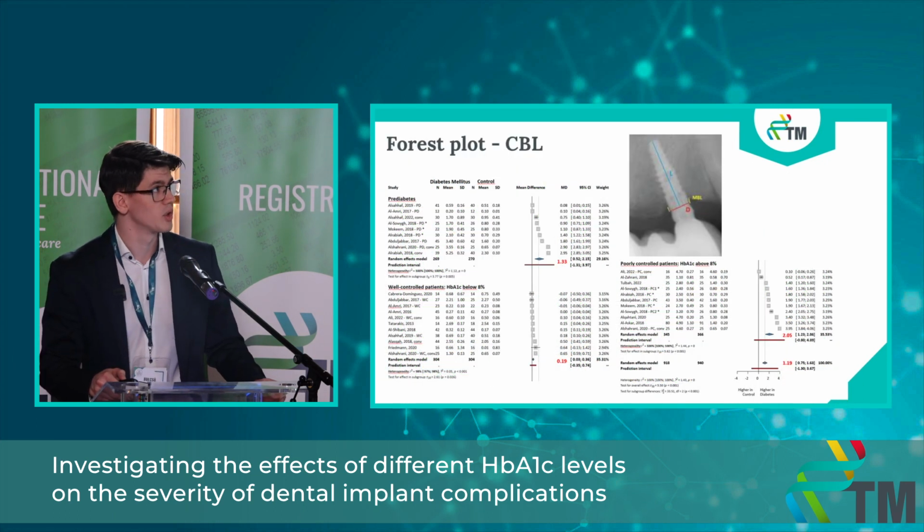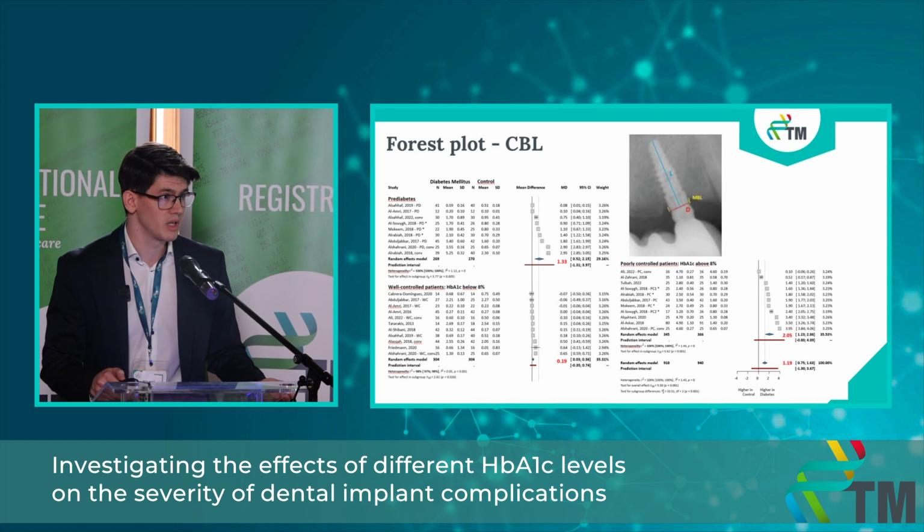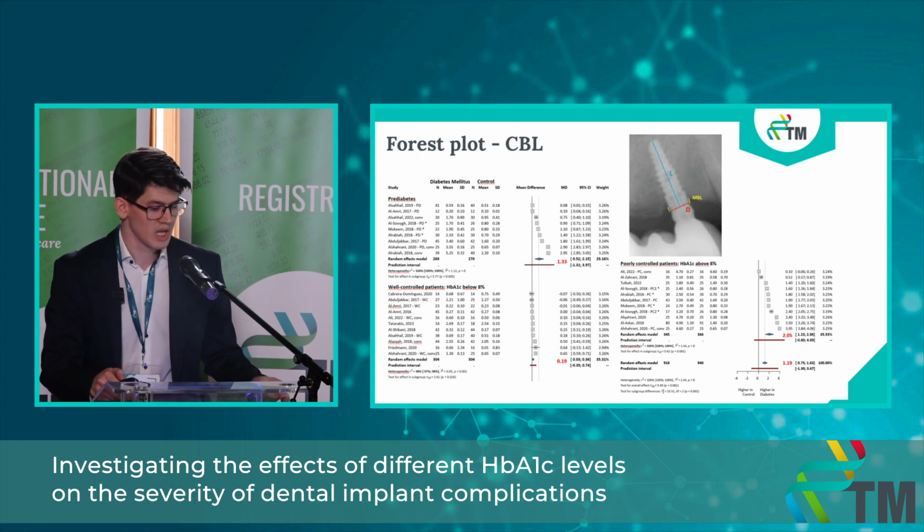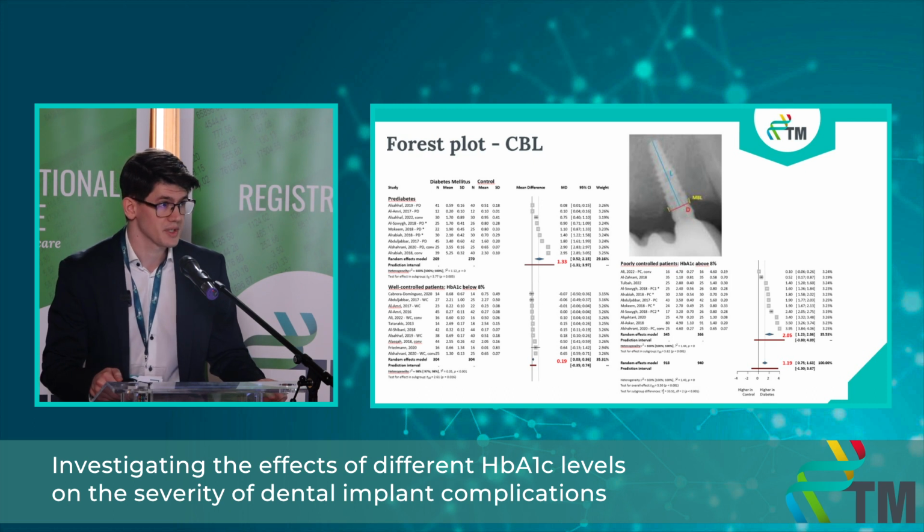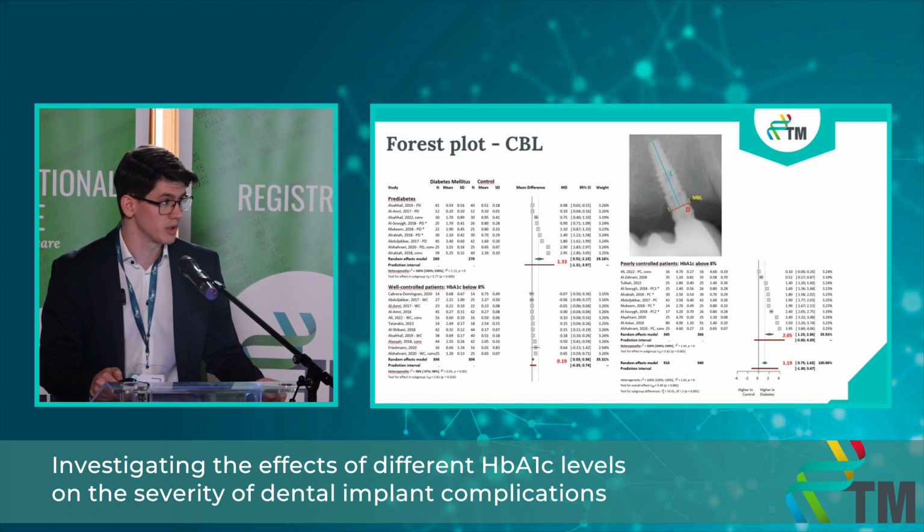Now I would like to introduce the results of our main outcome, which is crestal bone loss. Crestal bone loss is one of the hardest outcomes to measure dental implant success. It is calculated from a standard periapical X-ray made by the parallel technique between 2 different points. The first point is the implant abutment junction, and the second point is the uppermost point of the alveolar crest in contact with the dental implant.